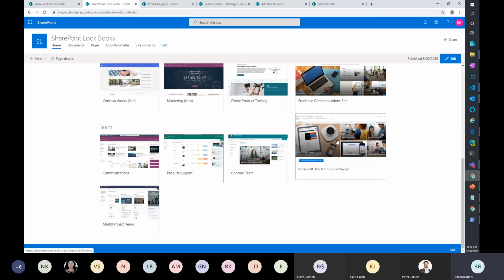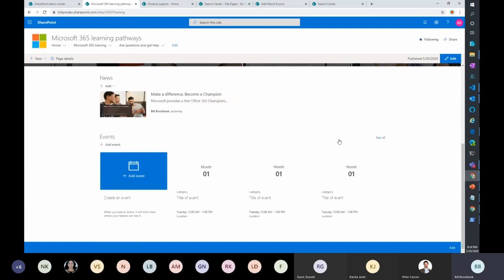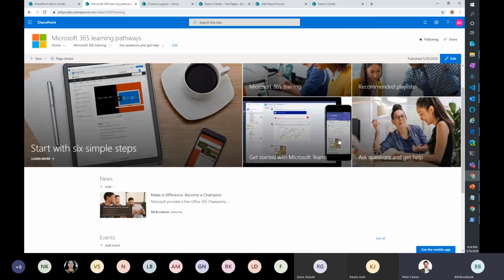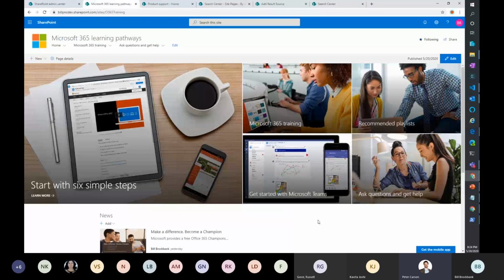This is a must if you are really into SharePoint. Have you used this, Peter? I have. I was just recommending to Maha, who's on the call here as well, that there's a lot of great content in there. Have you done any of your own custom content yet? Not in Pathways. That's my next conversation with Maha: how do we take the stuff she's created and start to integrate it into Pathways itself.